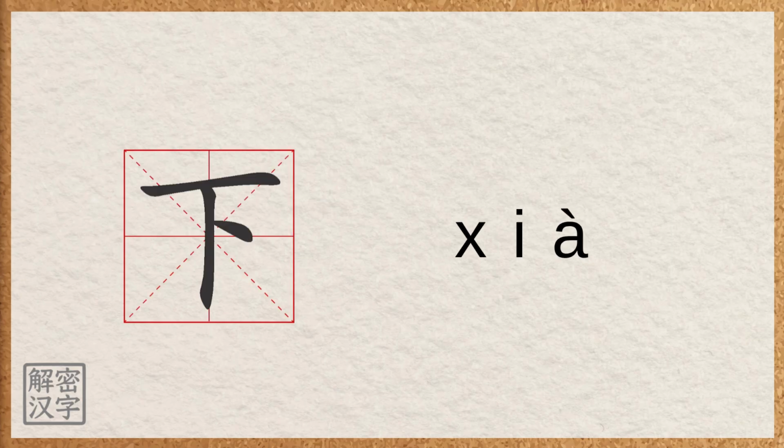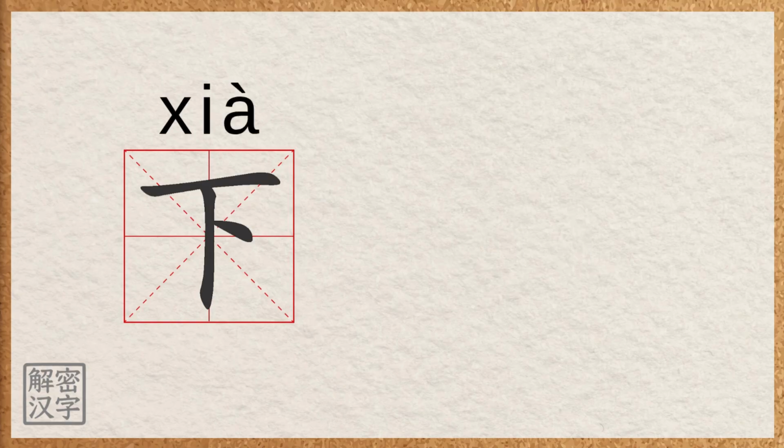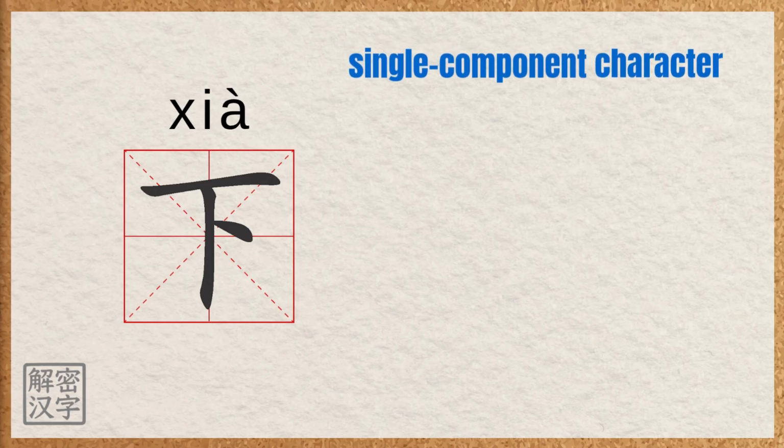下. The character xia is a single component character made up of 3 strokes, a horizontal line, a vertical line,